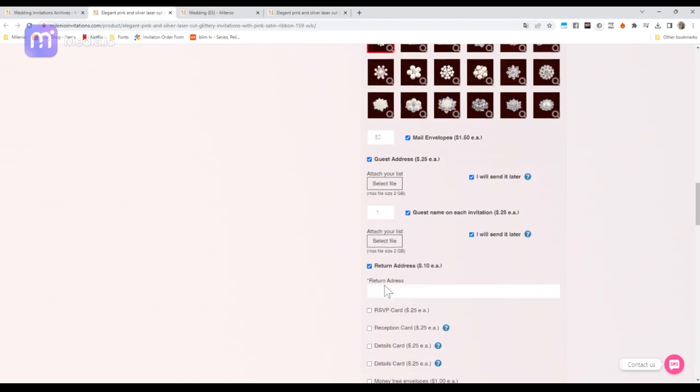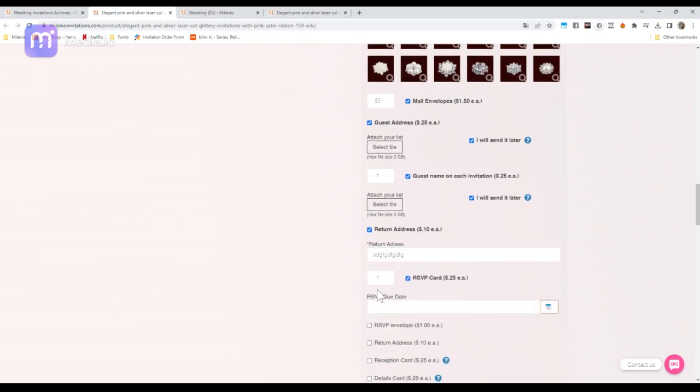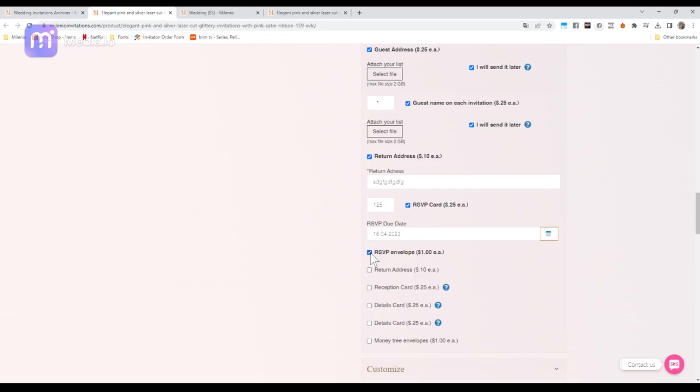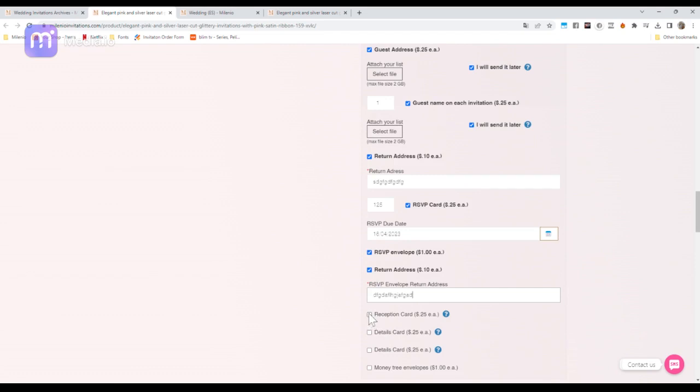Also, we can add the guest's name to each invitation, the return address to the mail envelopes. If you want your guests to RSVP, you can also add an RSVP card. Make sure to write the quantity, and the due date for your guests to RSVP. Add an RSVP envelope. If you want your guest to RSVP by mail, and the printing of the return address